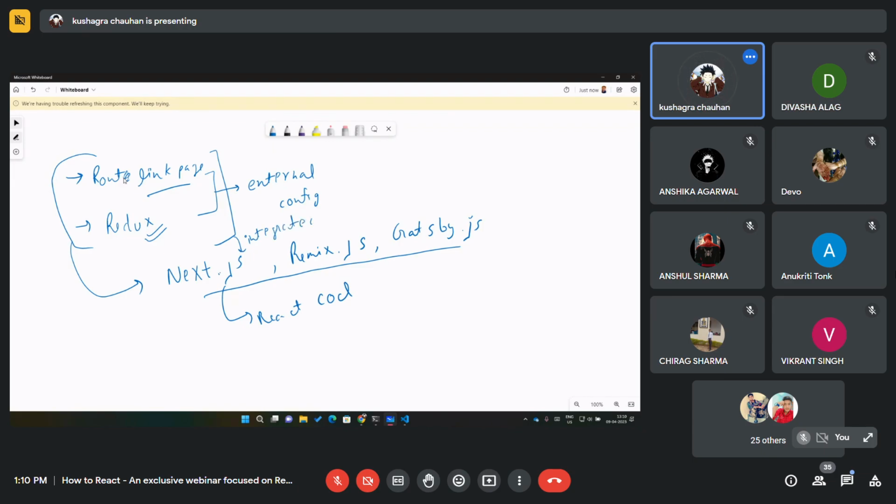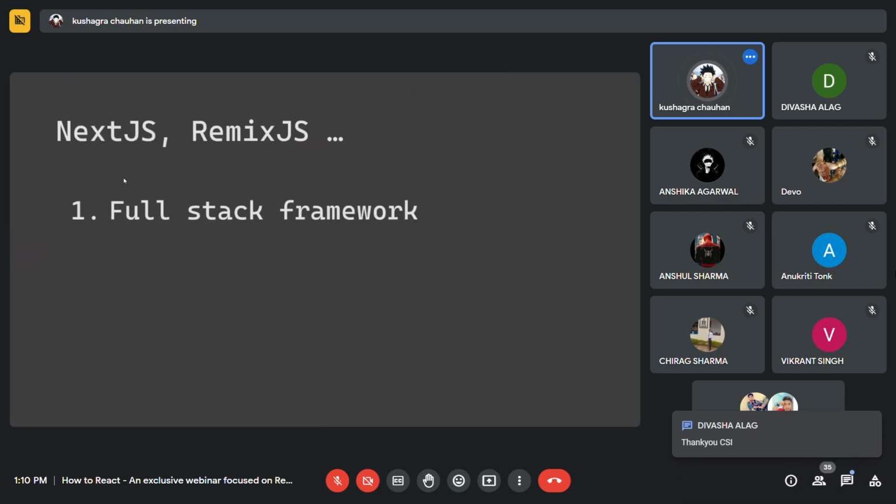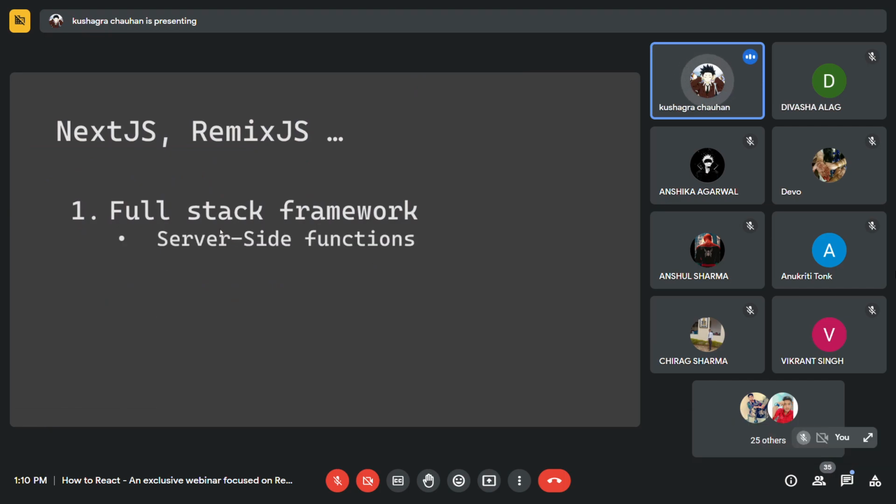Okay. So let's see what this full stack framework implementation gives. First of all, the server-side functions: React is about client side. If you want server side, you need to install the SSR inputs. You need to install that to run on server side. But this full stack framework will give you the ability of